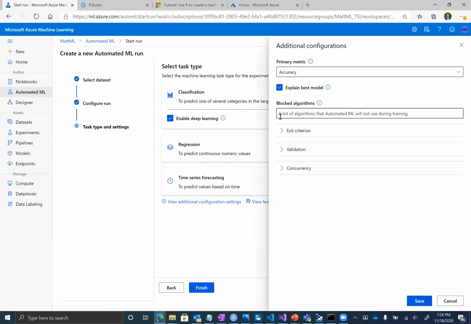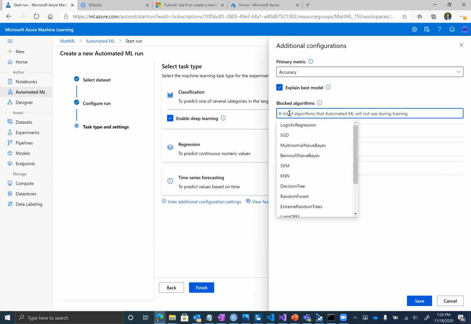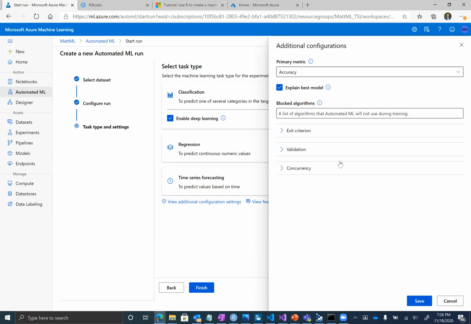Additionally, you have the ability to toggle a few other things. We have some explainability metrics to look at. The big one that we have right now is feature importance, which requires some extra compute. So if you wanted to turn that on for the best model, you can do that. You can also block a few algorithms. If you know that for this model SVMs don't do the trick here, and they often don't, we can turn that off. We can turn off the Bayes model. We just want to run the trees and the logistic regression and that kind of thing.